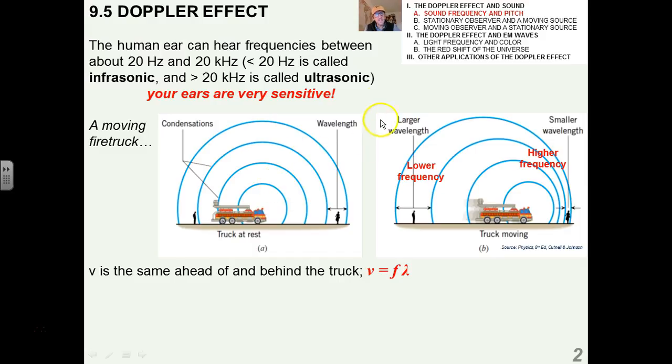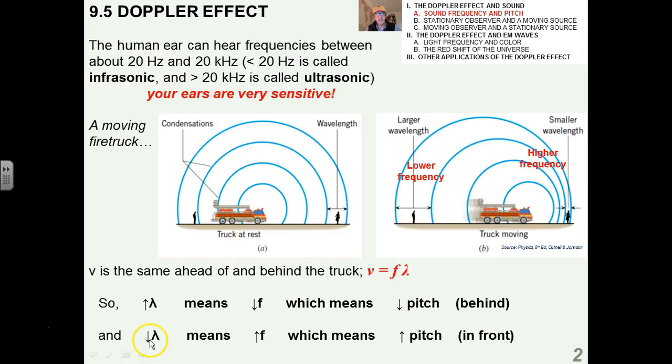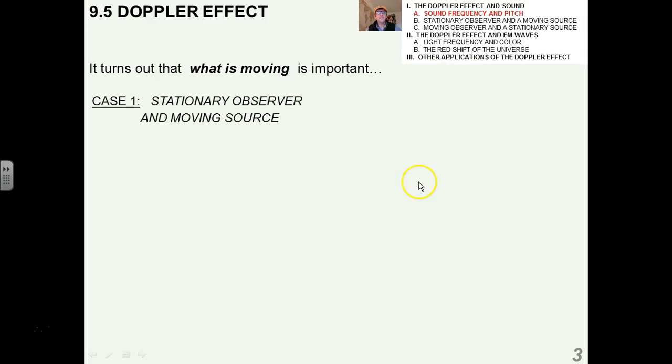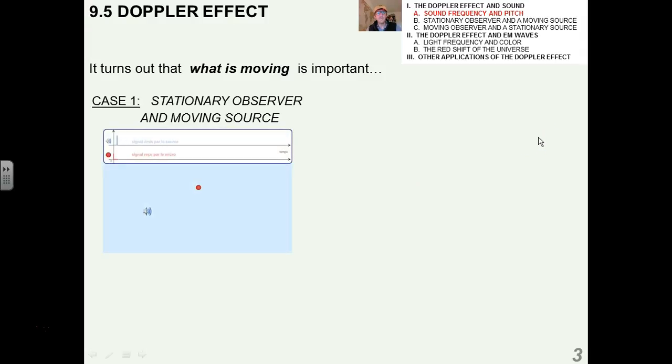The velocity of the sound in the air is actually important. And the velocity of the sound in the air is, of course, given by v equals f lambda. So again, if the wavelength increases, which is behind the truck, the frequency decreases, which means a lower pitch. If the wavelength goes down, which is in front of the truck, the higher frequency means a higher pitch. What is moving is very important. So I'm going to give you a couple of cases. Number one, if we have a stationary observer and a moving source,